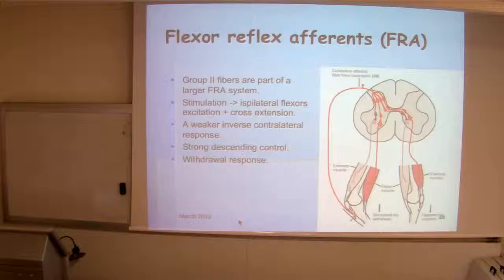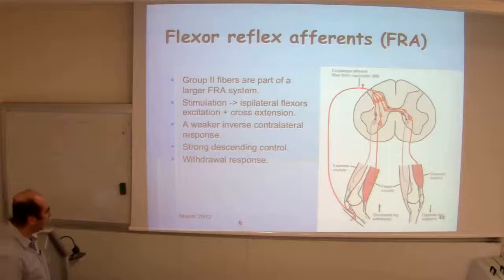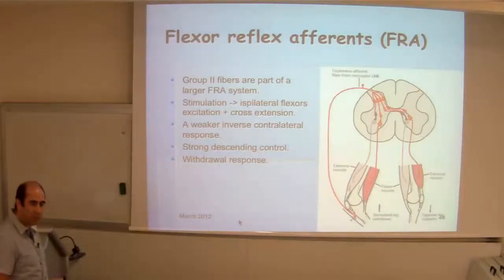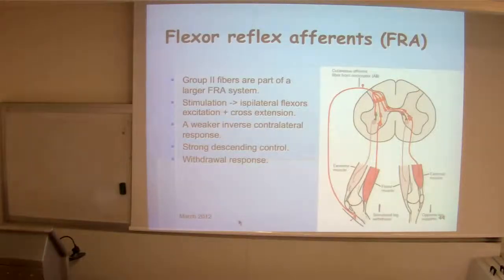There's one more reflex that might be interesting, mainly because of this cross. You see that the inputs are coming, and these are A delta now. They're not fibers from the muscle spindle. I told you that not only the IA fibers make synapses on the motor neurons. In this case, it's A delta, which are actually coming from nociception. So like pain